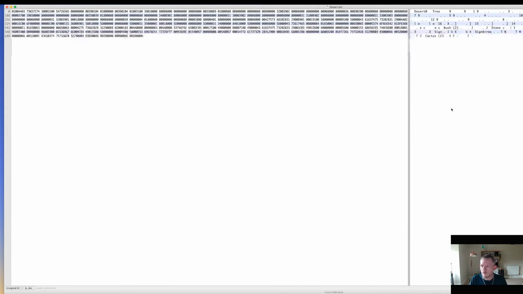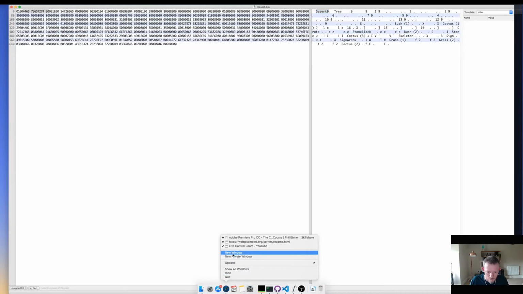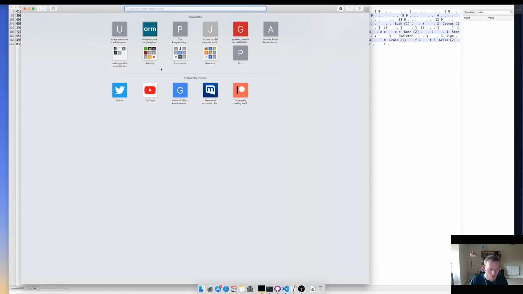It doesn't like that. You can see the format of the file is, you've got desert0, which is the file name, which is these bytes here. And I thought it'd be really interesting to, there's a template which is brand new in the latest version of hexfiend. And I thought if you actually look at on GitHub,